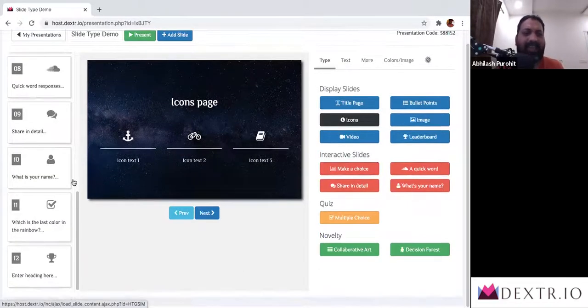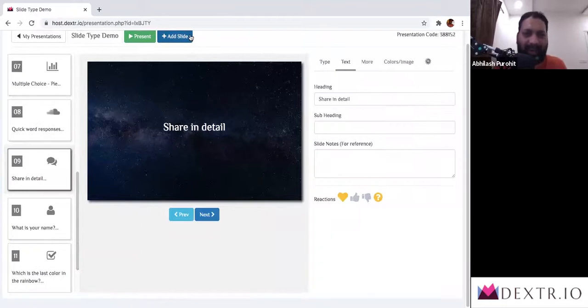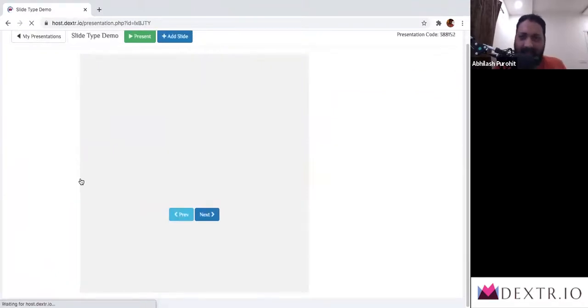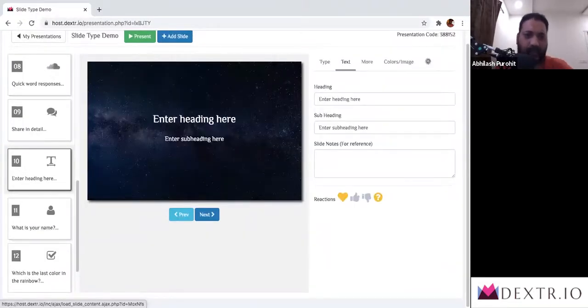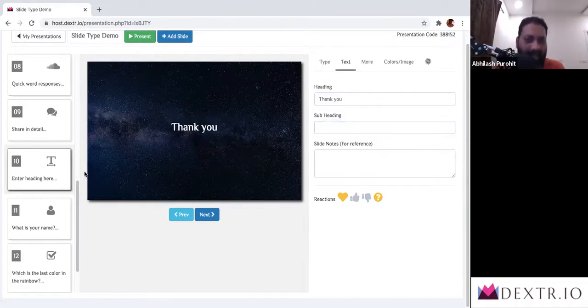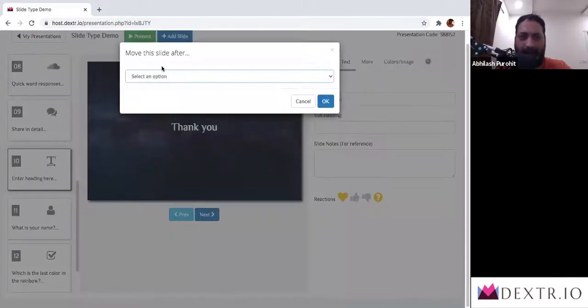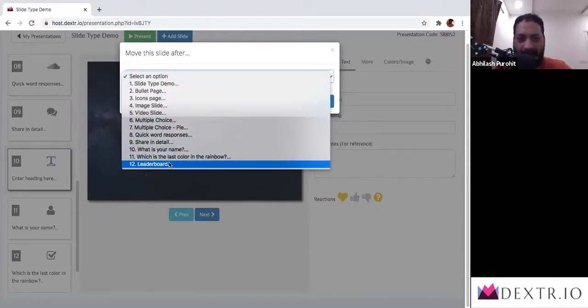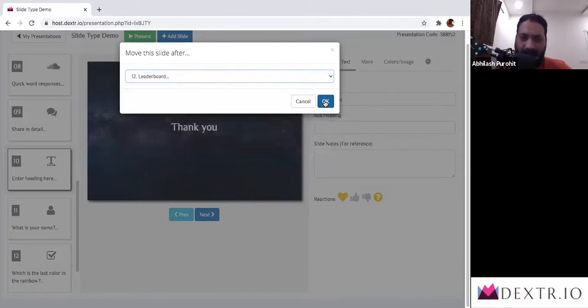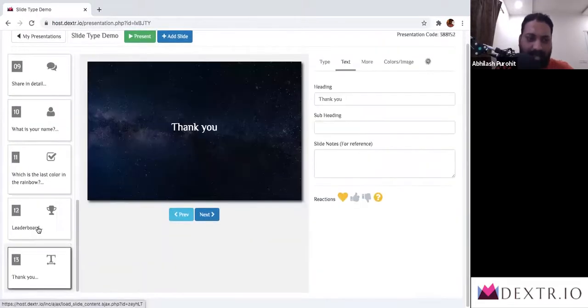Let us say I was here and I added a slide on this by mistake. This slide was not supposed to be here. This was supposed to be in the very end. Let us say I wanted this to be the thank you slide. And that slide does not make sense here. So I can right click on it, click on move to, and if I do that, it's going to say move the slide after which slide. And I'm going to say move this slide after leaderboard slide. I say fine, I click on OK, the page refreshes, and you will see that the thank you slide has appeared at the very end.